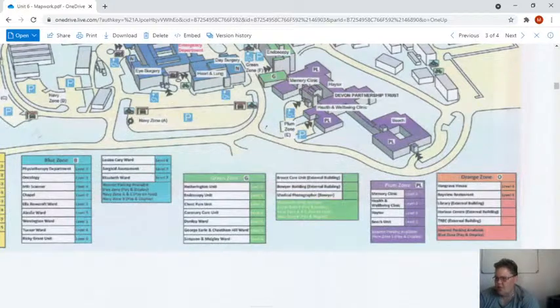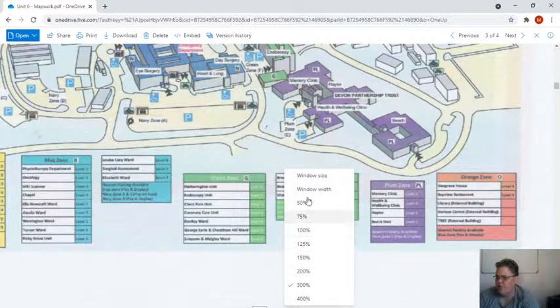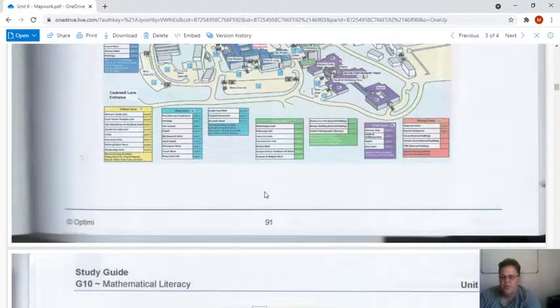Okay, I'm just going to zoom back down. I will move on to the next one. So all of this here